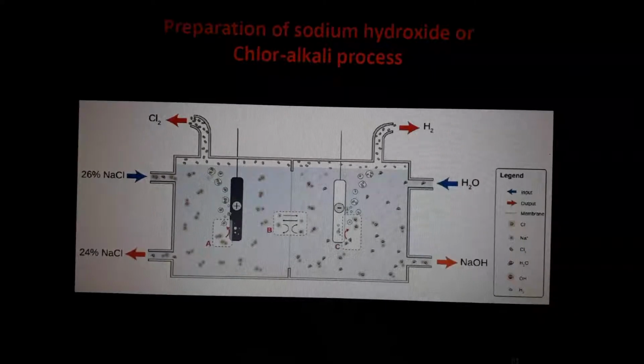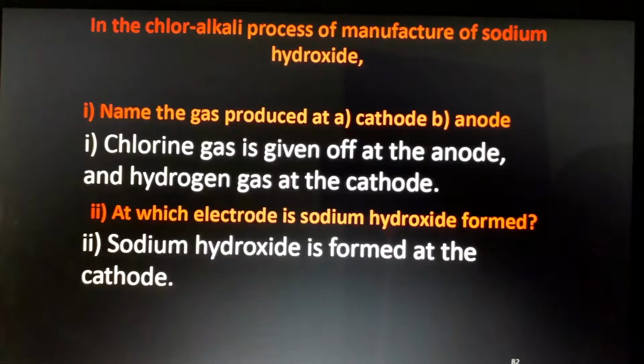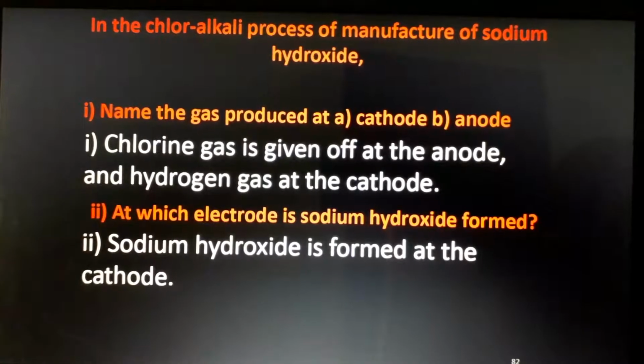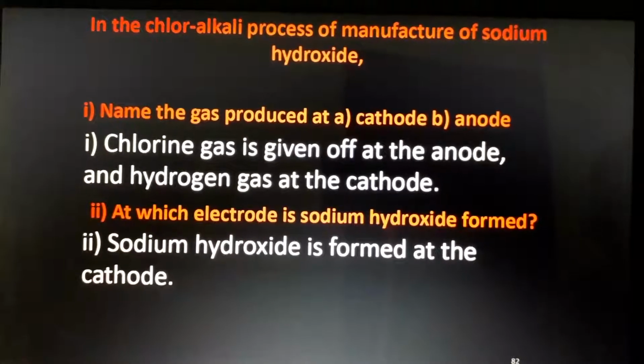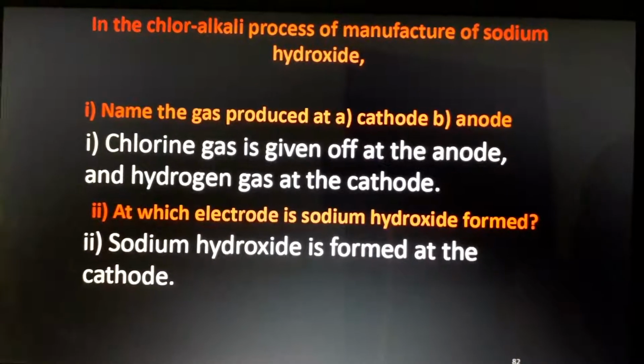Okay? Let us see the process. So, the gases produced are chlorine and hydrogen. Chlorine is produced at the anode because chlorine is a negative ion. And hydrogen is a positive ion and it is deposited at the cathode, because the cathode has negative charge. Okay? Opposite charges attract each other. So, chlorine comes to the anode, which is positive. Anode is positive, chlorine is negative. Hydrogen ions will come to the cathode, which is negative, but the hydrogen ions are positive. Okay, so we are getting hydrogen gas, and at the same time chlorine gas, and which base is formed? Sodium hydroxide base is formed.